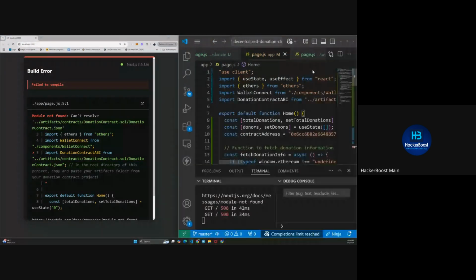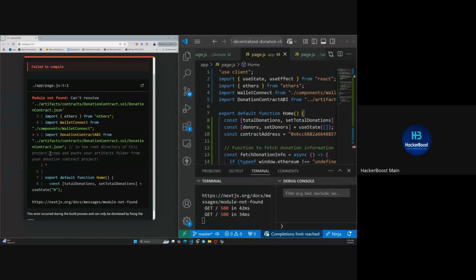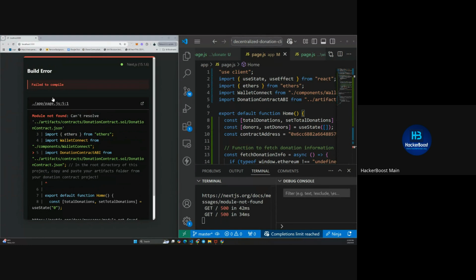We have some errors. And why do we have errors? Let's check to see. What is it saying? It says failed to compile. Module not found. Can't resolve. Okay. So can't resolve artifacts, contract, this and this and this. Good. So we are now going to do something here. The reason why we are having this particular problem